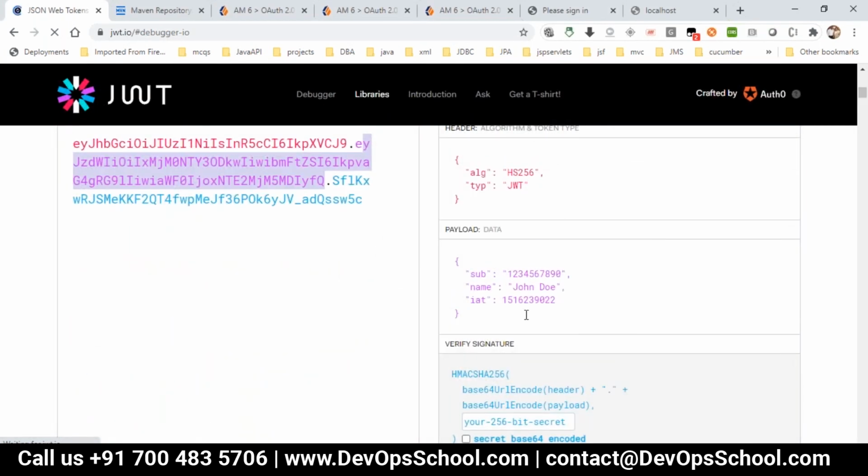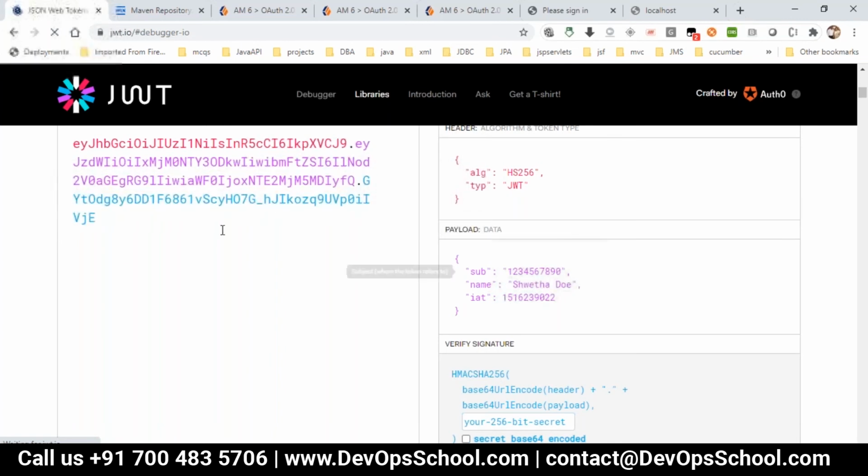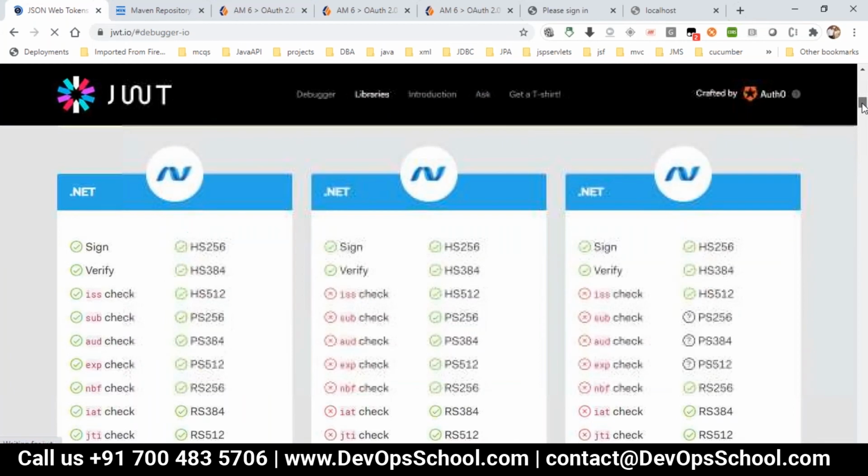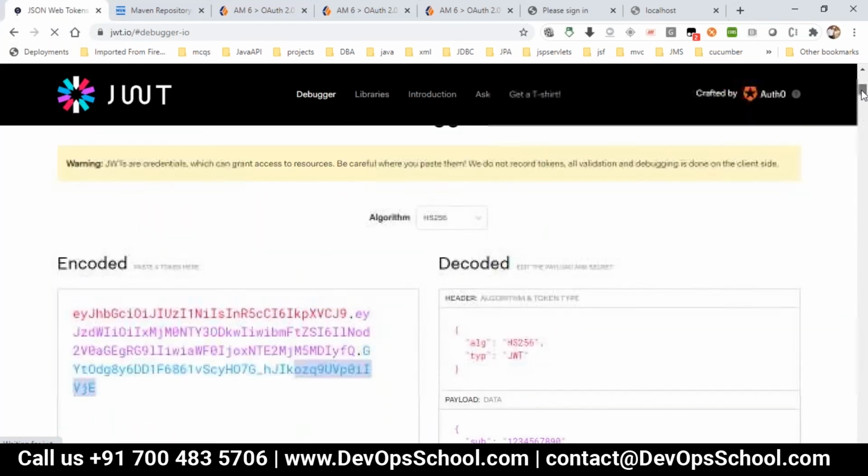So this is the request body. If instead of this John, I put some name, you can see the purple one is changing. It's a combination of your header, payload, and the signature, which will be your secret, the payload, and the Base64 URL encoding format. By combination of all these things, you will be getting this. So this way you will be able to go with the JWT.